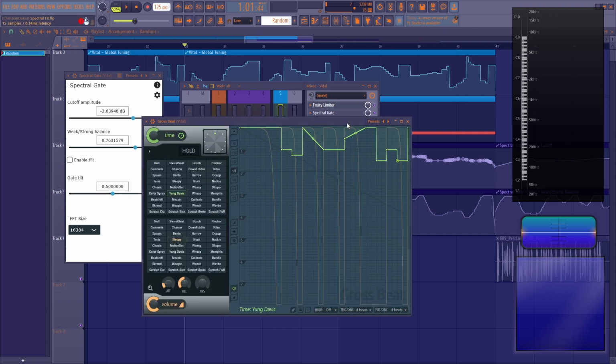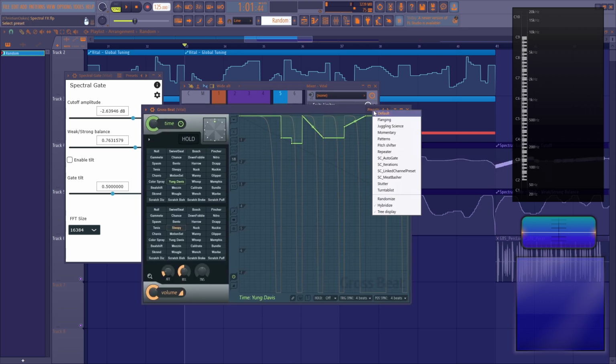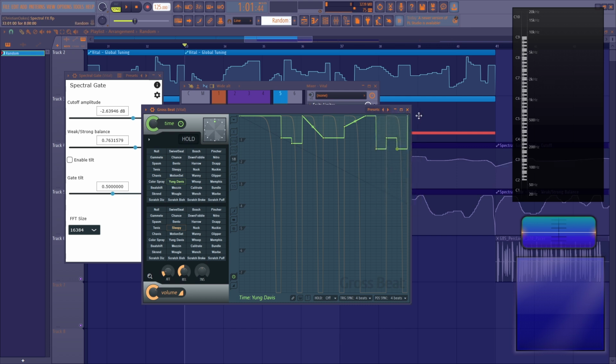So it can be a reverb, it can be a chorus, it can be a delay, just anything right here. The purpose of that is so you can hot swap it out and get a vastly different tone by changing this, and then following that up with an OTT. So here I have a gross beat with the preset that I use that I made called Meat Basher, but you can also just use Juggling Science if you want to try this particular